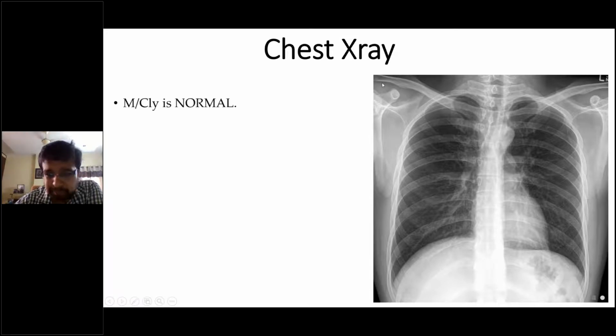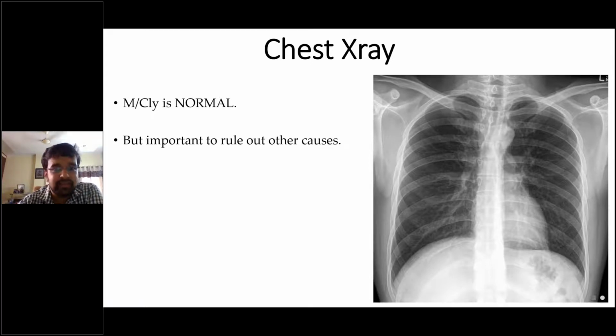This X-ray is normal. So basically, the most common X-ray finding of pulmonary embolism is that the X-ray would be normal. So why do we do a chest X-ray? It is very important to rule out other causes. यहाँ पर हम काफी देखेंगे कि most of the investigations in pulmonary embolism are actually normal, and we do most of them to rule out other causes. ठीक है. So X-ray is essentially normal in pulmonary embolism, and it is important to rule out other causes.